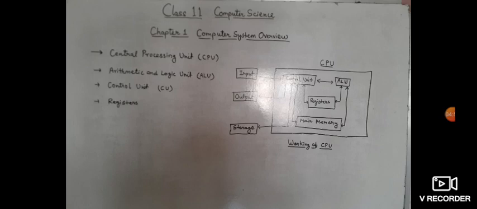After that, the control unit processes it with the help of the ALU, main memory and registers. Registers are used to hold some important instructions and output of processing. And after processing, it displays the output through the output unit, and when we want to save it, it is stored in the storage unit. Now this is about the central processing unit, CPU. That is the brain of our computer and the most important part of our computer.